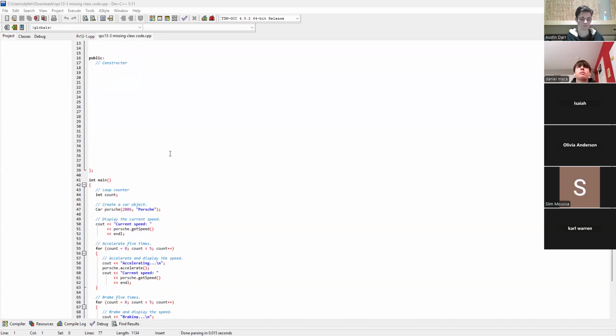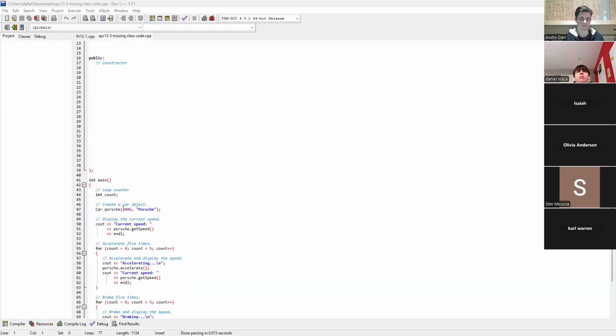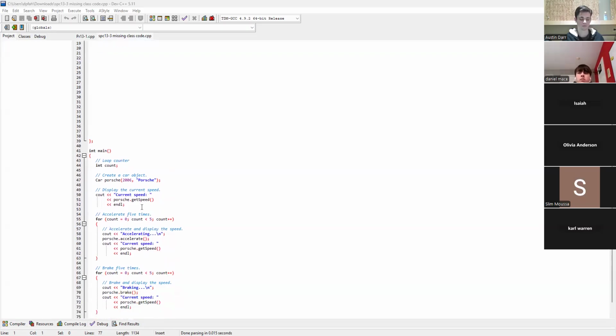So I'm sort of working backwards in this example. I would need two fields like year and car name type of deal. I would need one constructor that has two arguments, an integer and a string. It looks like I would need a function called get speed, whatever that does.